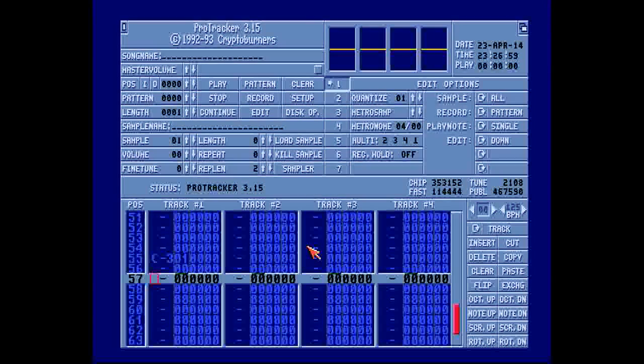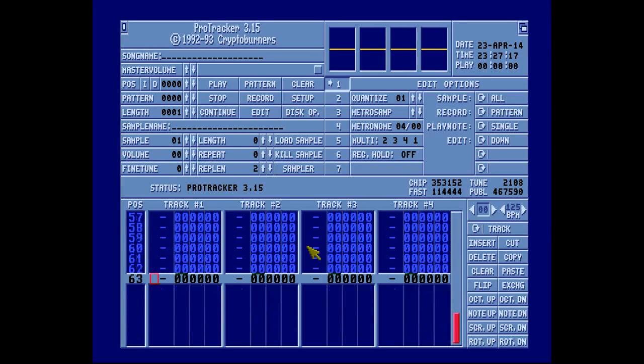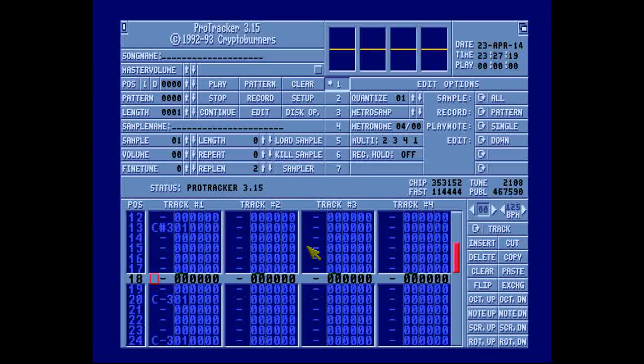If I play this back using the Amiga key, which repeats the current pattern, I should say that all these keys, Shift, Alt, and Amiga, for playing, are the right-hand Amiga, Alt, and Shift keys. The left Alt, Shift, and Control keys are used for some combinations that we'll go into later. As you can probably tell, you can hear no sound, and that's simply because I haven't loaded